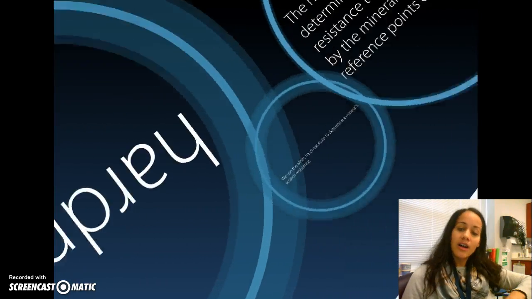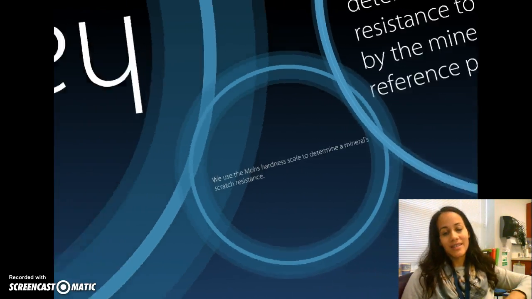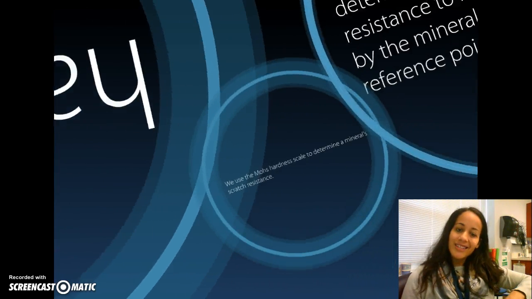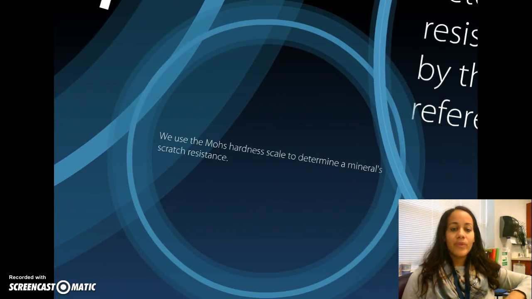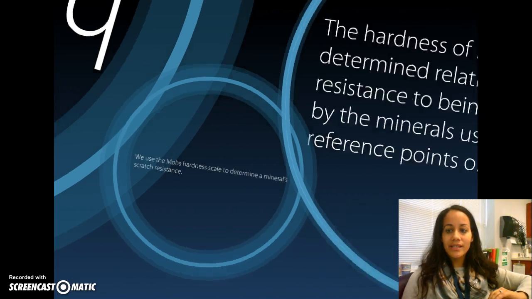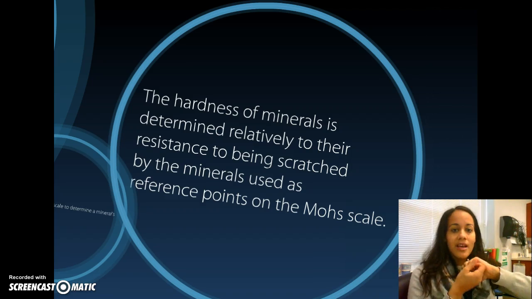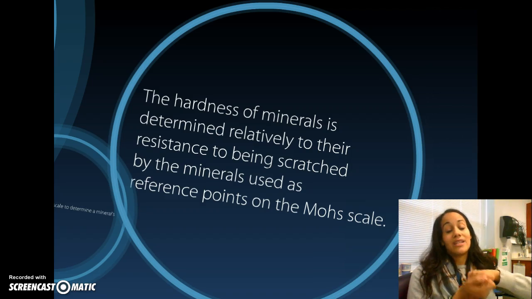Also, we can look at the hardness of a mineral. We use the Mohs hardness scale to determine a mineral's scratch resistance. Sometimes you can test minerals on each other to see which one is harder, and we'll do that in our lab and it'll make more sense. The hardness of a mineral is determined by its resistance to being scratched by the minerals used as reference points